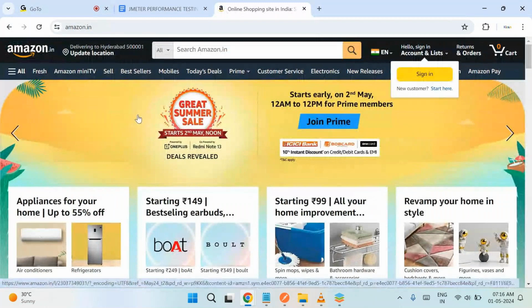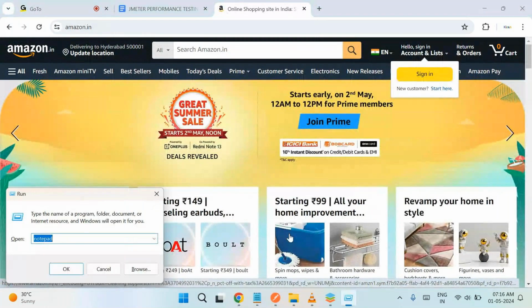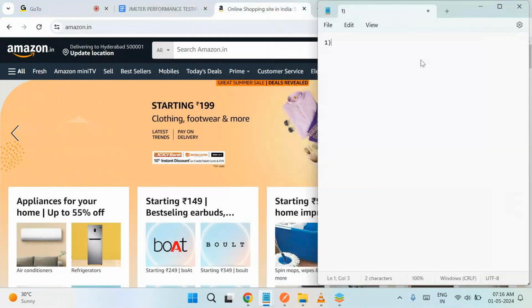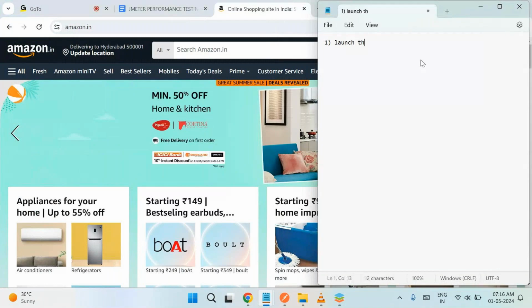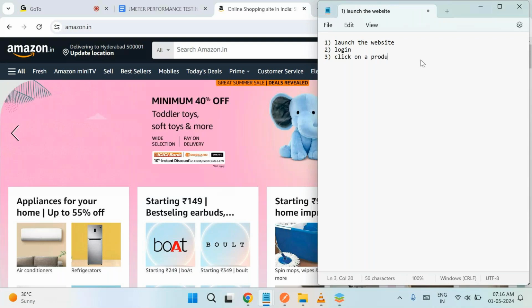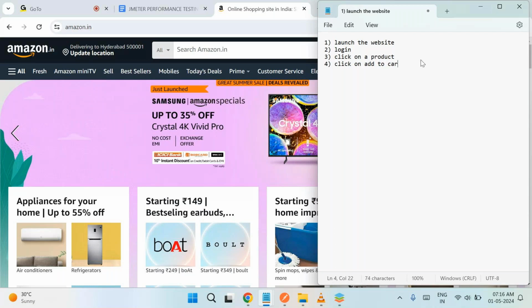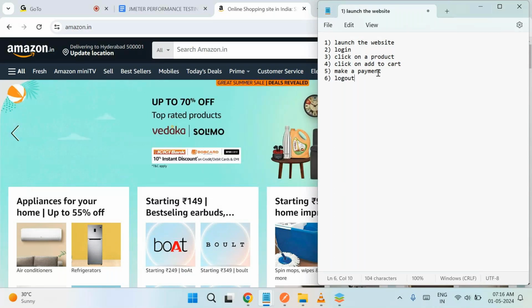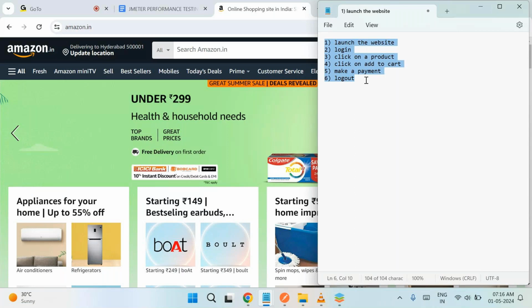So the test case steps that we want to do for performance testing for Amazon are: step one is launch the website, which is Amazon.in, then login, then click on a product. Fourth is click on add to cart. Fifth is make a payment. Sixth is log out. So this is the test case for which we have to do performance testing, and the